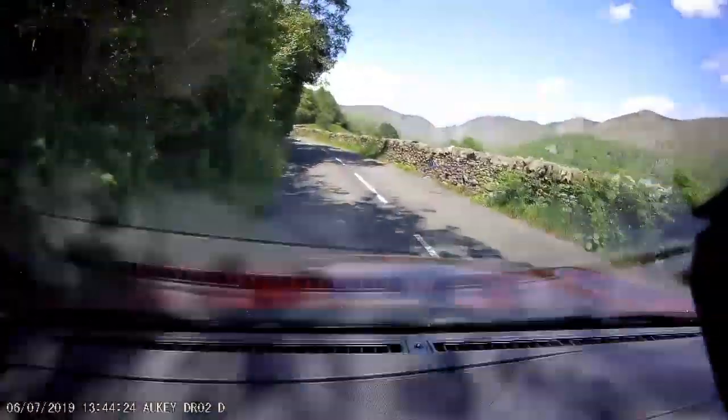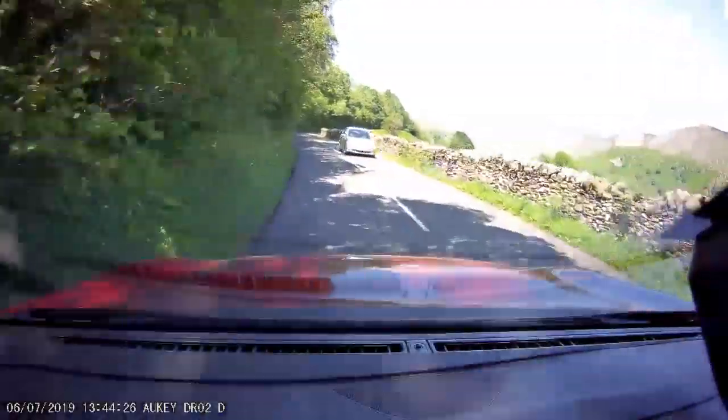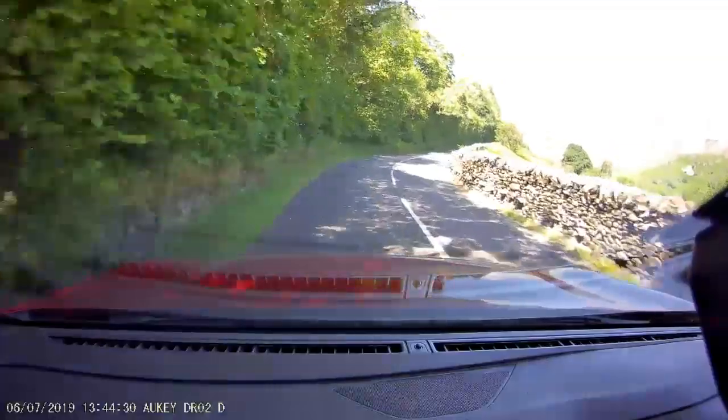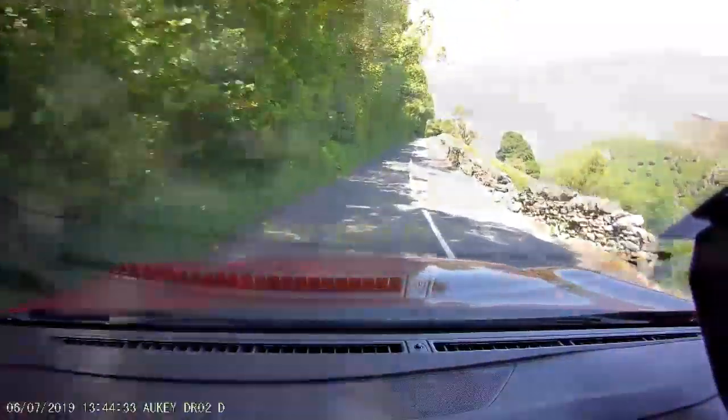Anyway, there we go. But then I realised when she was almost upright, I thought, oh no, the side stand